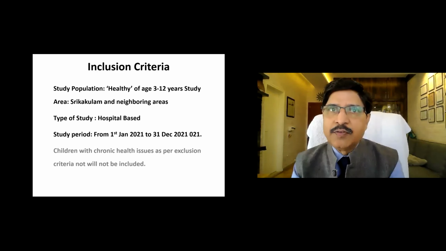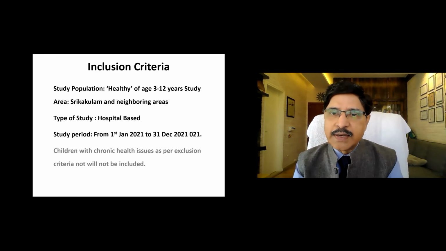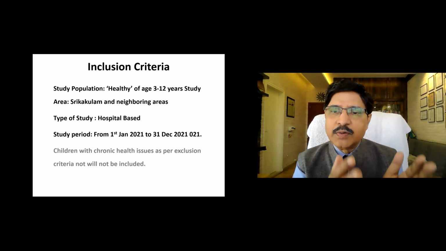Second thing is, if I randomize a child and put him in one of the treatment groups, how do I get back the child for follow-up? One child may be in one corner of the village, another child will be 20 kilometers away in another village. I can't run hither and thither. Instead, I select the villages. It's easy. I have to go only to the selected 9 or 12 villages